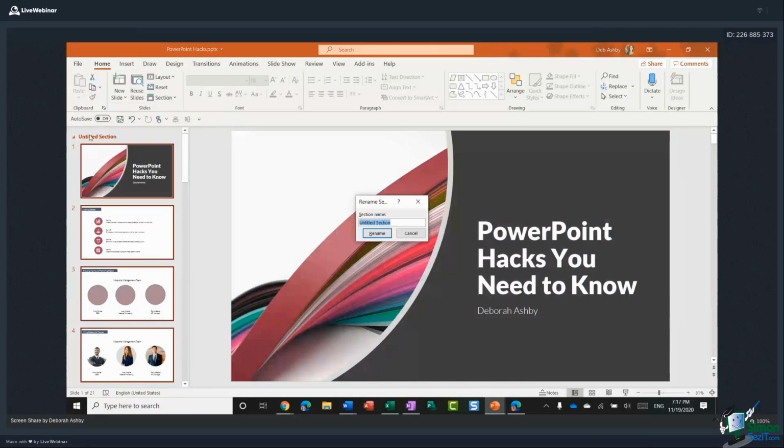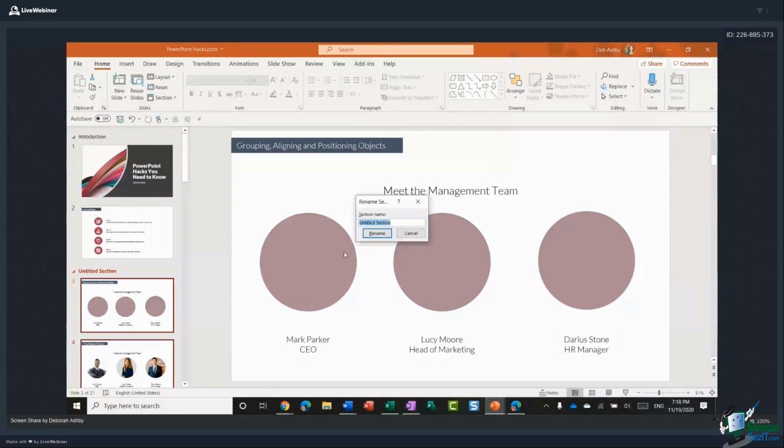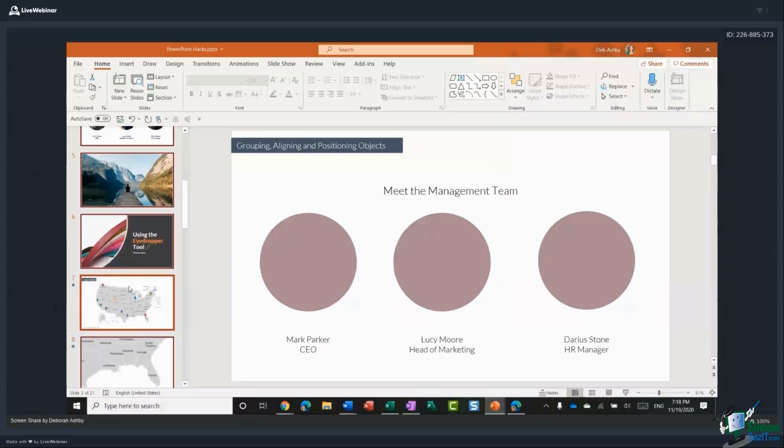You can see at the top it says Untitled, and I'm going to call this section Introduction and rename it. I'm going to say that I want this slide and this slide in the introduction, but I'm going to click on slide 3, add another section, and this one's going to be called Meet the Team and rename. Let's scroll down and I'm going to click on slide 7.